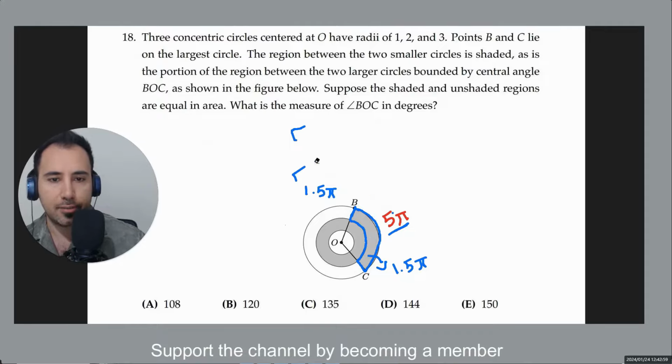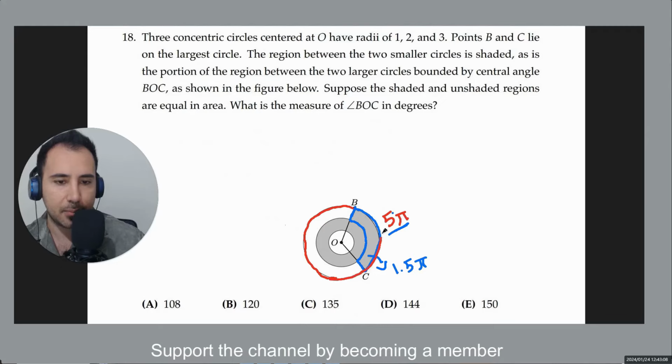Okay, all of this, I'm going to just go with red. Pay attention to the colors. All of this is 5 pi, right? Remember, all of this, the red one,